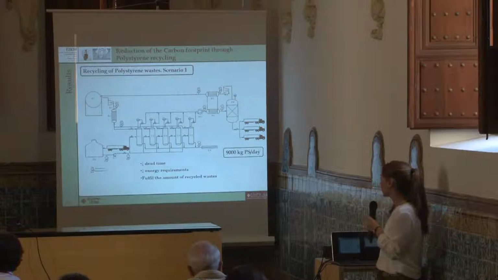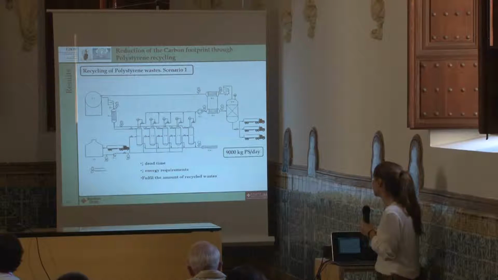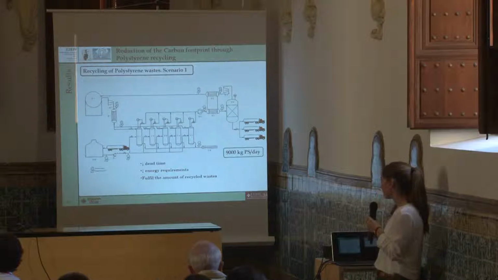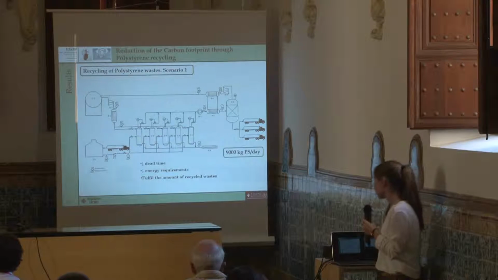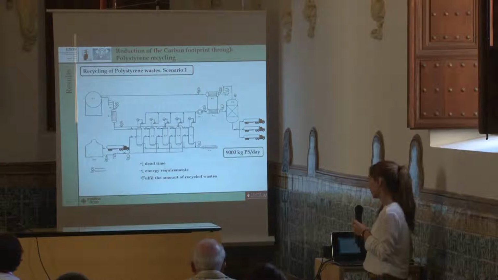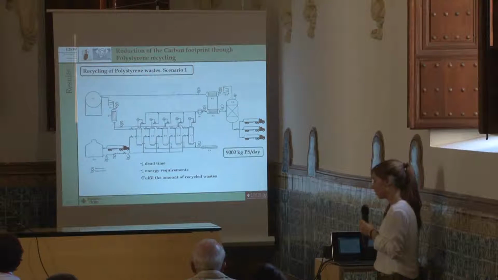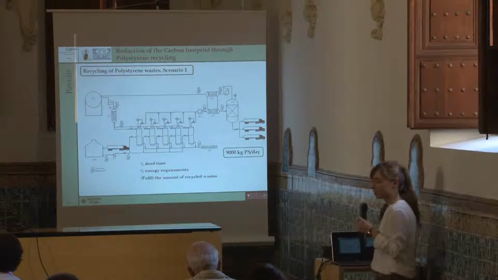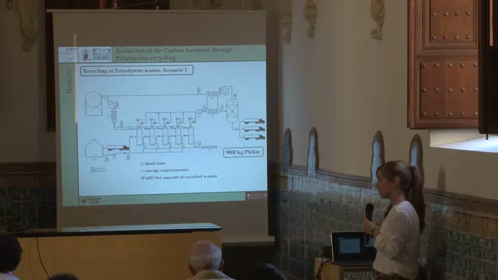Initially, we have studied two different scenarios. The first one is depicted in the slide. It consists of an industrial plant for the recycling of 9,000 kilos of polystyrene per day. The polystyrene could be collected in different collection points in tanks that contain limonene, that is our solvent. This step, that could be very obvious, allows us the volume reduction that we can obtain through the traditional transport